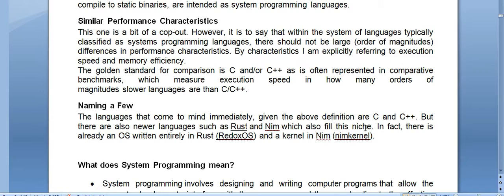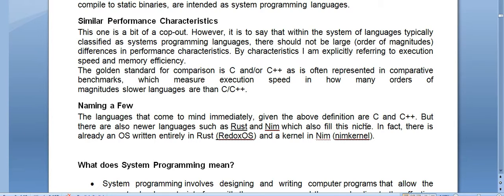Similarly, performance characteristics is a bit of a cop-out. However, it is to say that within the set of languages typically classified as system programming languages, there should not be large differences in performance characteristics.